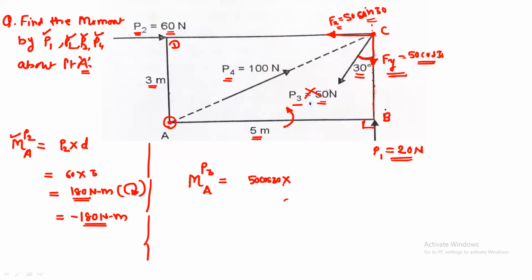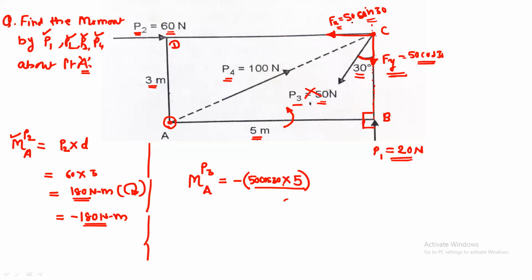So complete line CB is nothing but the line of action for the Fy component. Okay. And draw the perpendicular from point A on this line of action. That is nothing but the perpendicular distance. So AB is nothing but the perpendicular distance for the force Fy. So we can take the 5 meter as a perpendicular distance. Okay. So this is the moment by the component Fy, and this moment will try to rotate the complete object in the clockwise direction. So it is minus.